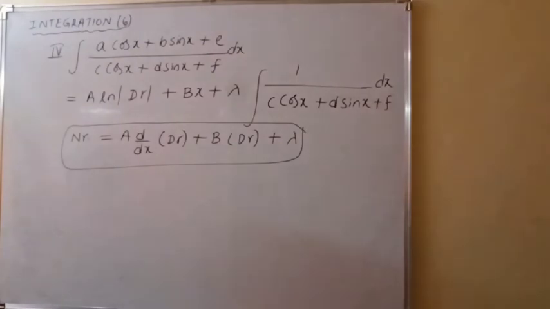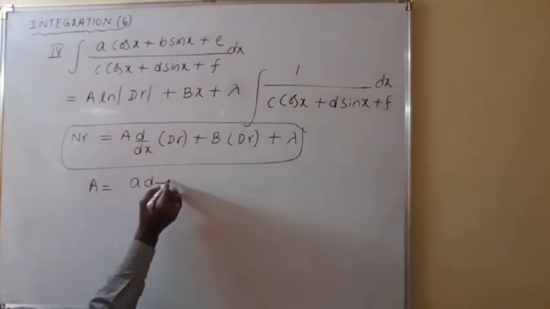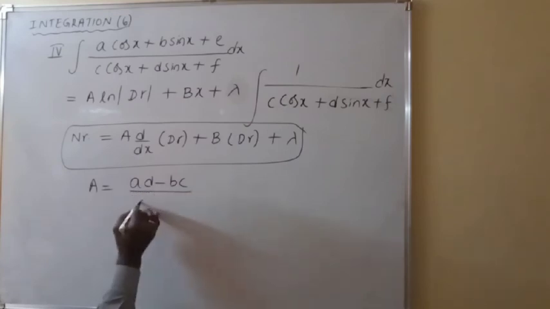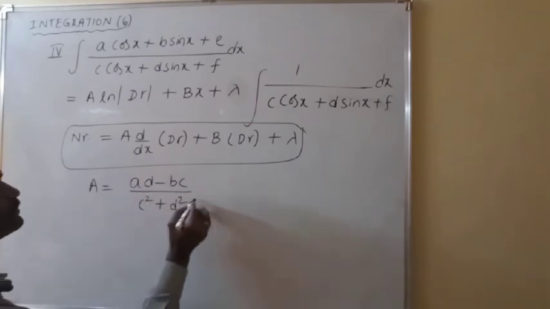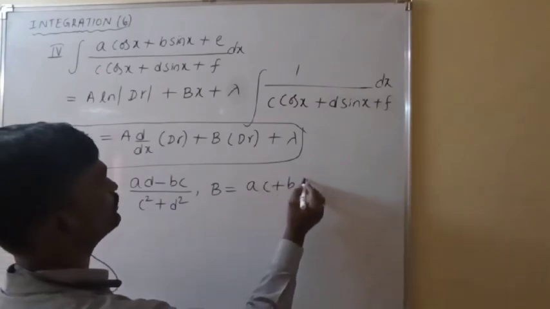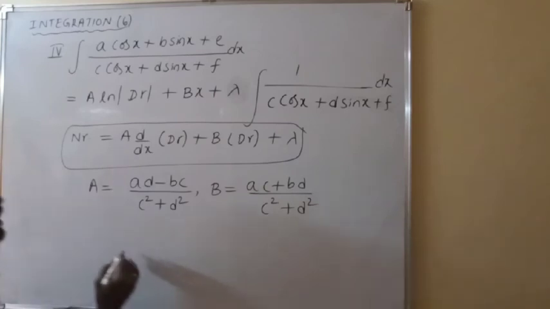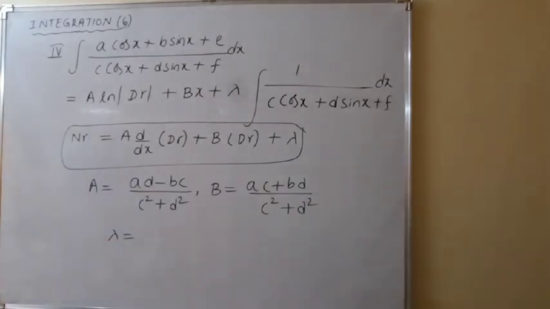And here also the same: capital A value is AD minus BC by c square plus d square, and capital B value is AC plus BD by c square plus d square, and the lambda value is